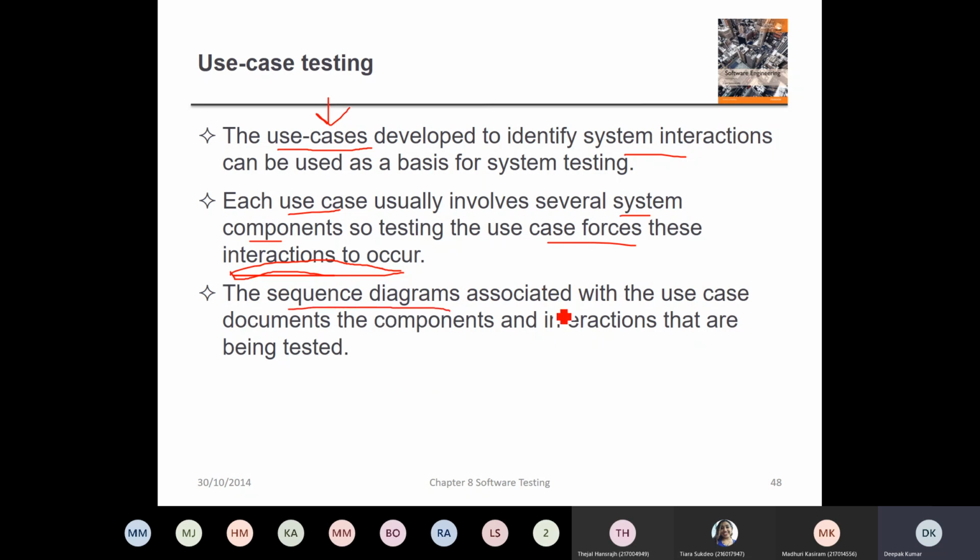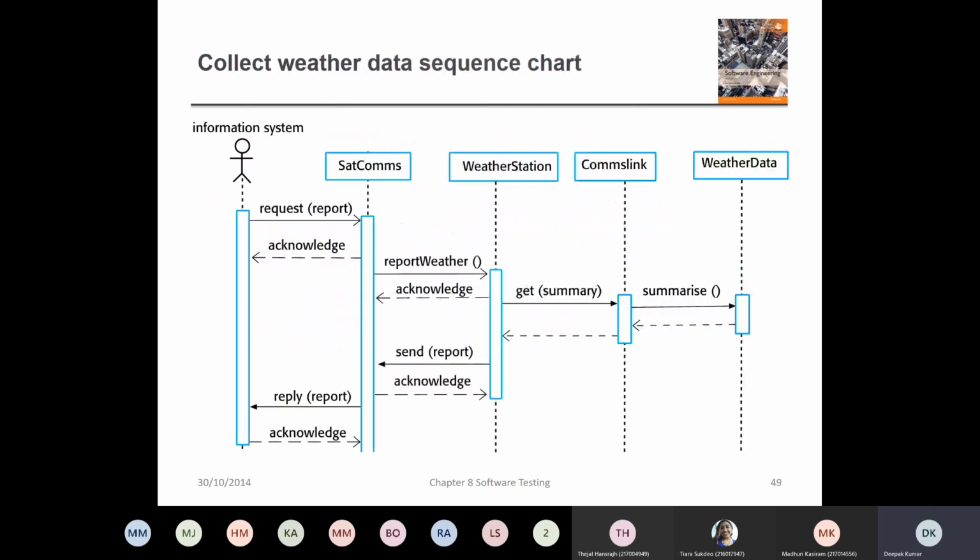So your sequence diagrams form one of the ways of creating use case test cases, and that forms part of it. Now this is an example of a sequence diagram, a sequence chart, where obviously the information system is described, and the information system is that weather forecasting system, and there is a user here, and the user basically